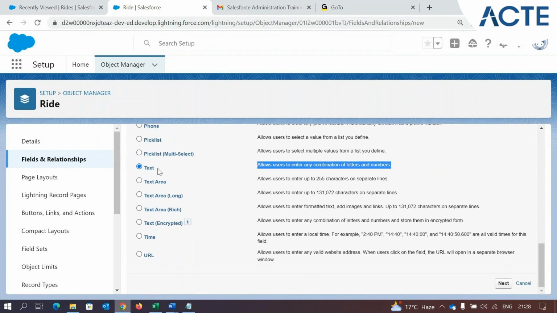So text, we learned what the text field is. The next option is text area. If I select text and click on next, we will learn what text area is. But for now, if I select text and click on next,